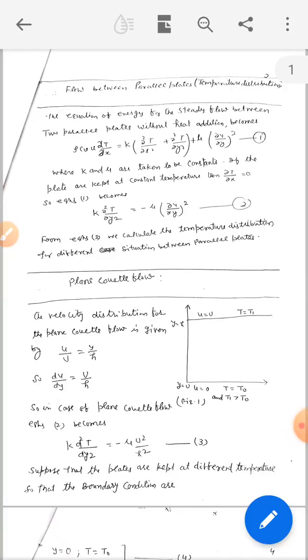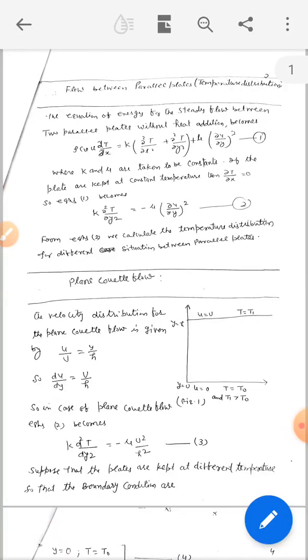Because in the study of fluid flow, it is not only important to discuss velocity and related characteristics, but it is also useful and important to know how much heat is exchanged between the fluid and the body in contact, which can be in the form of boundaries. It will be useful to learn about heat transfer in the case of flow through channels of various geometries. Here we will discuss the heat transfer problem through channels of simple cross section, like flow between parallel plates.